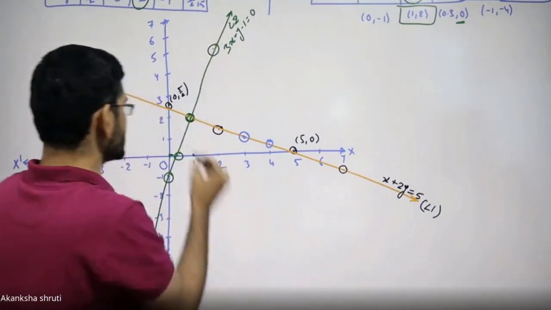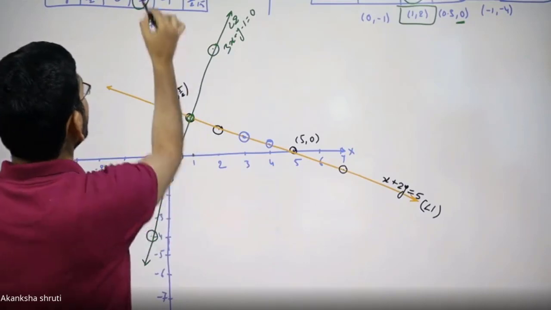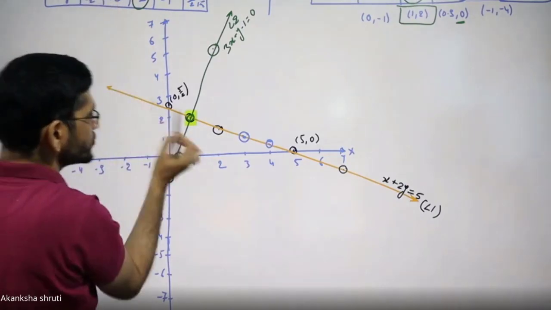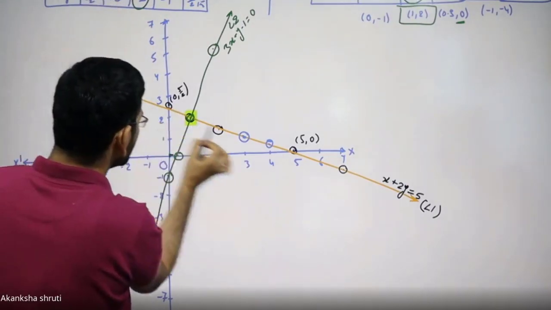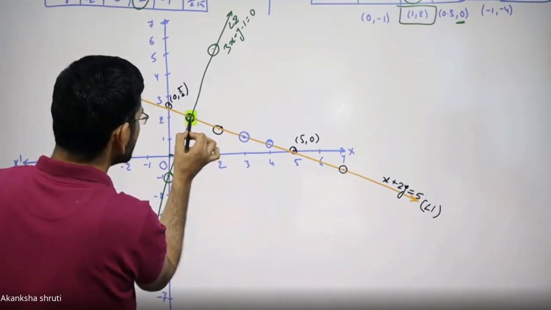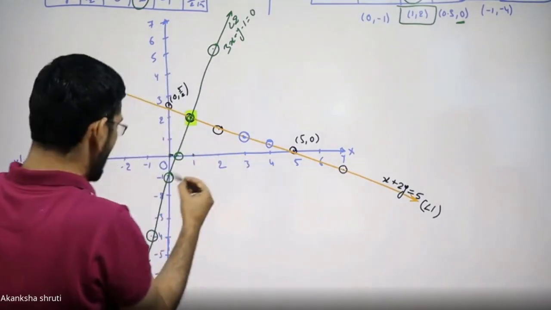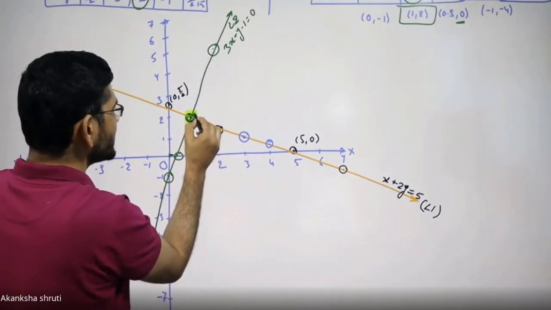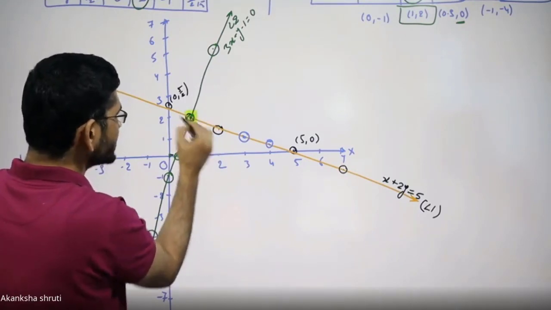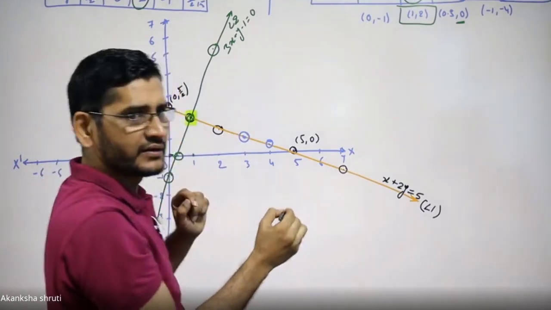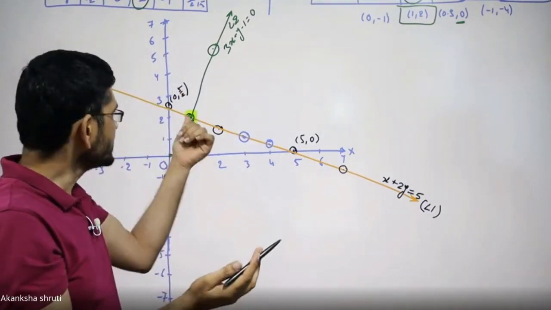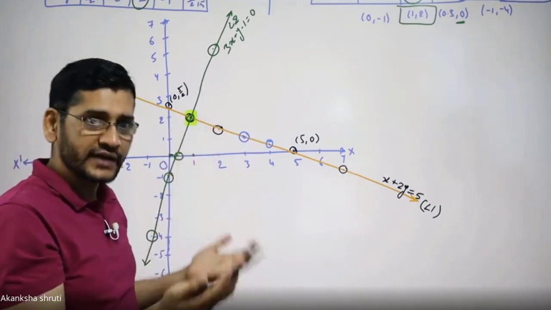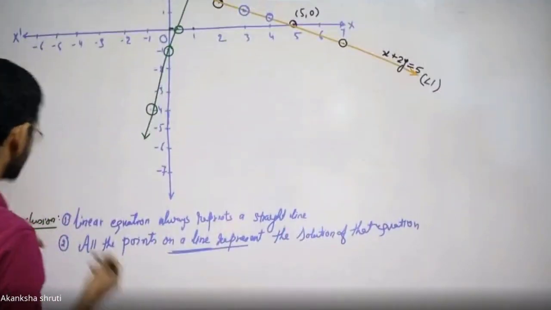Now let us come to this point. Students, when we come to this point, what we observe, we can conclude many things. If I am moving over this line, I will come to this point. Another time, if I am moving on this line too, I still come to this point. What does it mean? This means this point is common to both the lines. It means the coordinate of this intersecting point will be a solution for both the lines. That much simple. So write down the third conclusion.